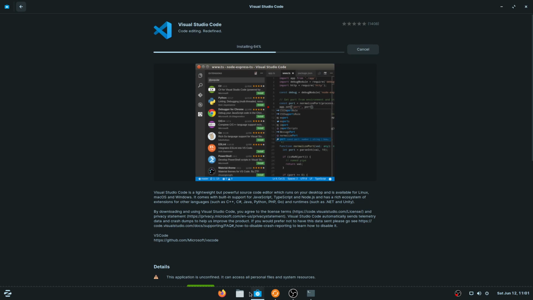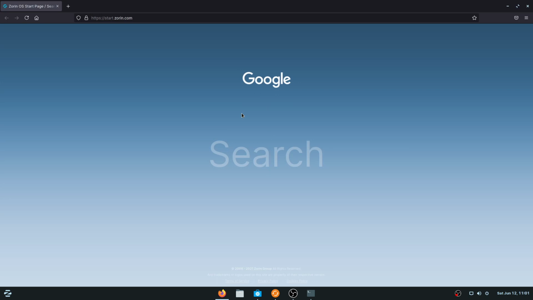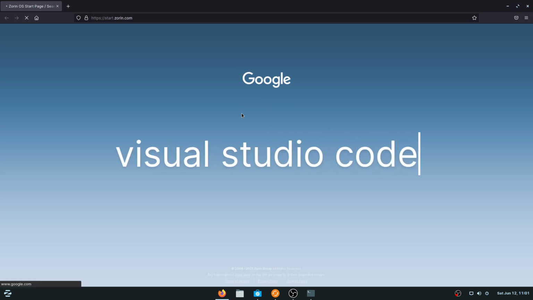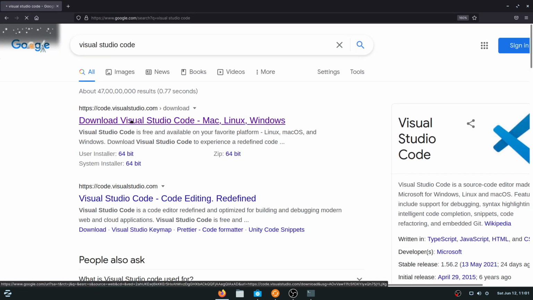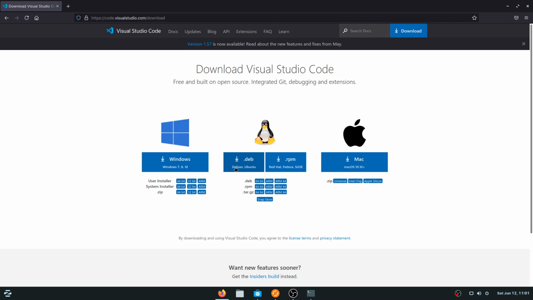So if you don't prefer to open terminal and try to install it, you can opt for this way. The other way is to actually go on the website of Visual Studio Code and then try to install it. So you can search for Visual Studio Code, then you can go to the Visual Studio Code website, and it will show. Most of the time you will find all the apps now for Linux as well. You can go and click on .deb and download it from there, and then again do sudo dpkg -i and then try to install from there, right?